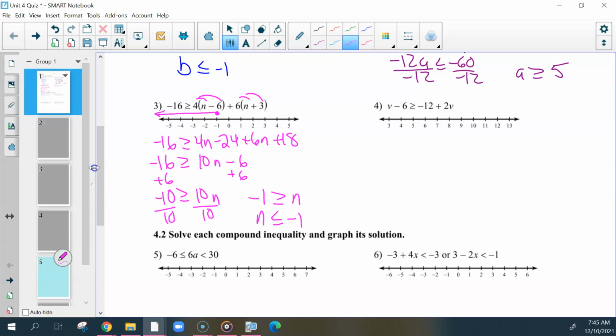And then the very last one, you needed to get the v's on one side and the constants on the other. Did not matter how you started that. Some of you moved one v, some of you moved the other. If you moved one and subtracted, you would end up dividing by a negative. But if you moved the other, you would have ended up switching it at the end. So either or, you're doing something. So let's say